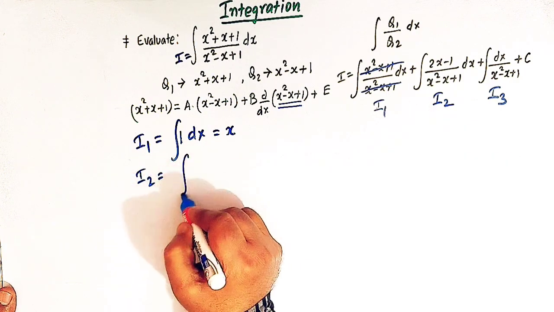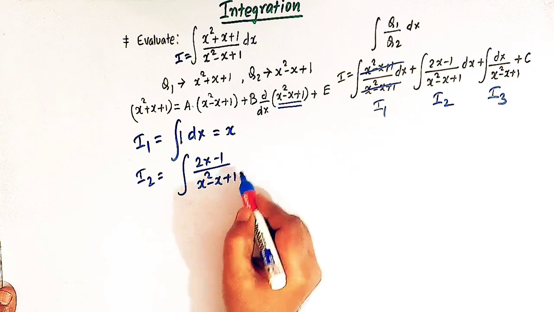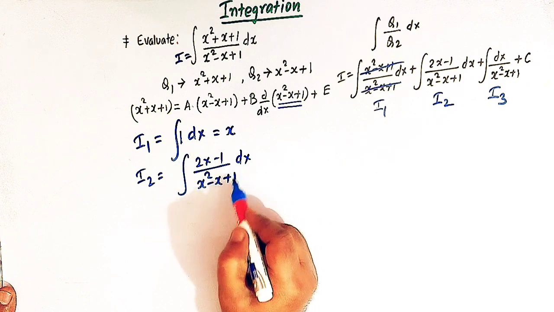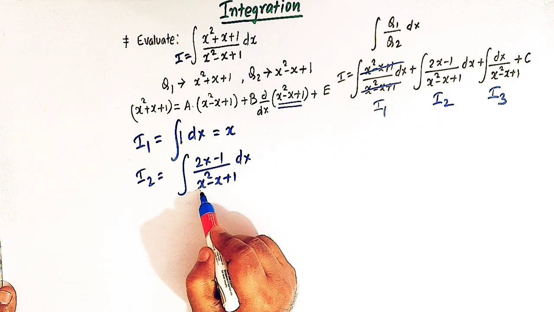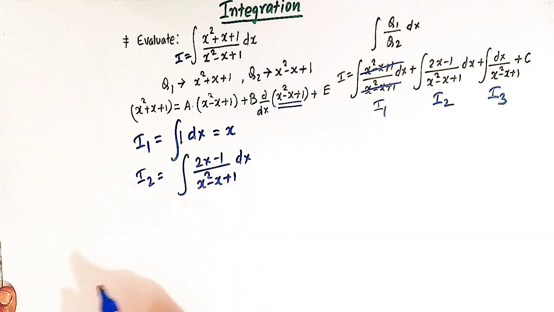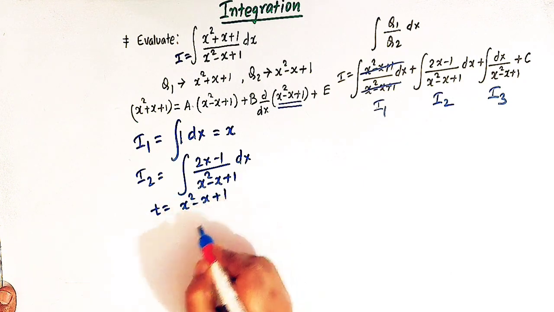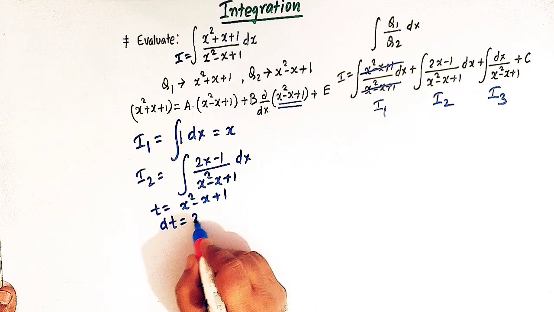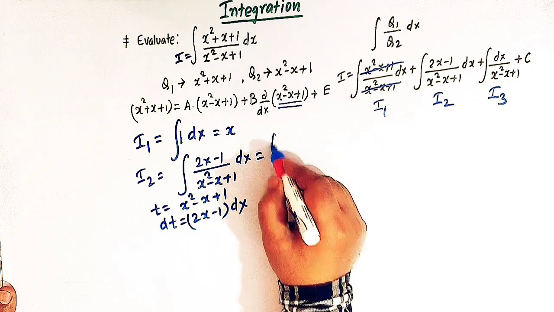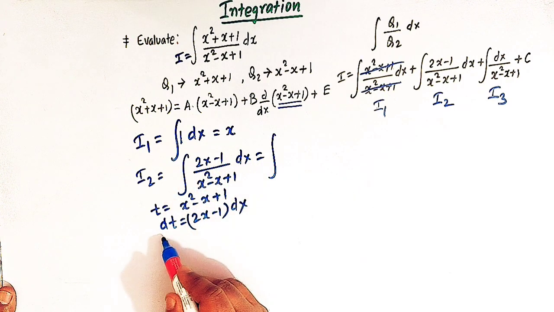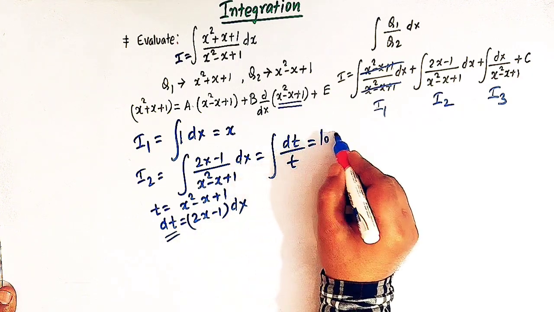So I2 is the integral of 2x minus 1 over x square minus x plus 1 dx. We can solve it by the method of substitution, because the derivative of the denominator occurs in the numerator. So we take t equal to x square minus x plus 1. So dt is 2x minus 1 dx, right? So we have 2x minus 1 dx equal to dt, and here we have t, this is a log of t,